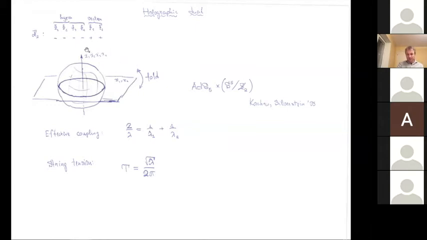Geometrically, AdS5 is a geometric realization of the conformal symmetry. On the other hand, the sphere represents the R symmetry, which acts most naturally on the scalars of the super Yang-Mills,